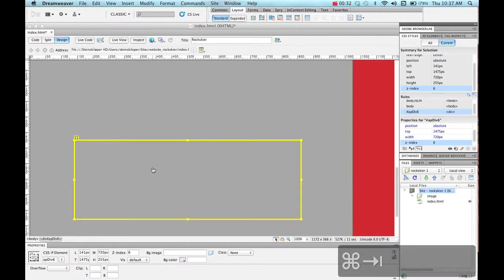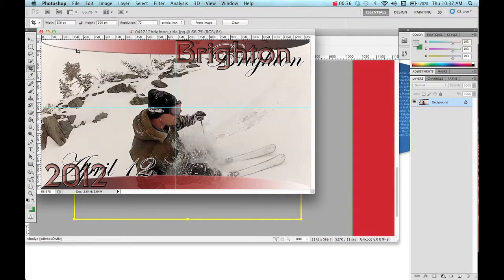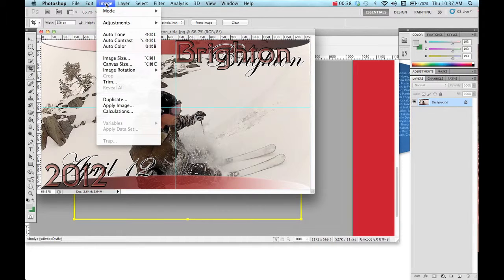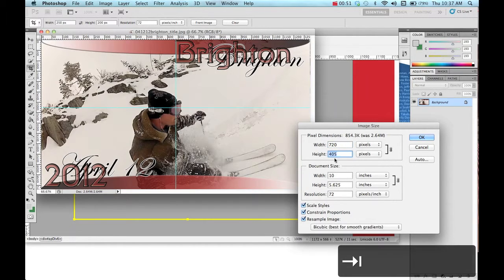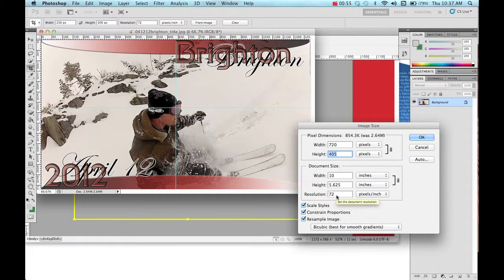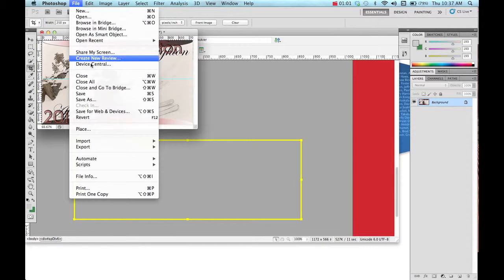So I'm going to go into Photoshop. Here's my image that I need to resize, so my width is too big. So I'll go to Image, Image Size, and I have the constrain proportions on in Photoshop, and I'm going to go ahead and just change my width to the width I want, so 720. It'll automatically change my height, so I'll just go with that. Make sure you're at resolution 72, click OK,